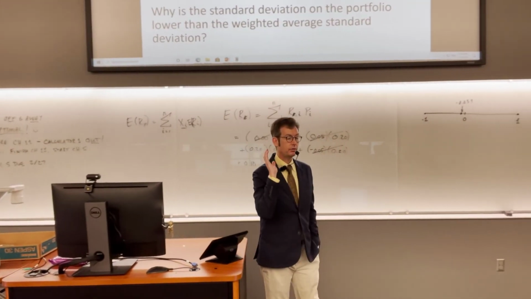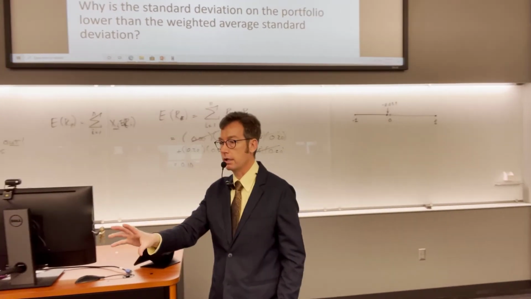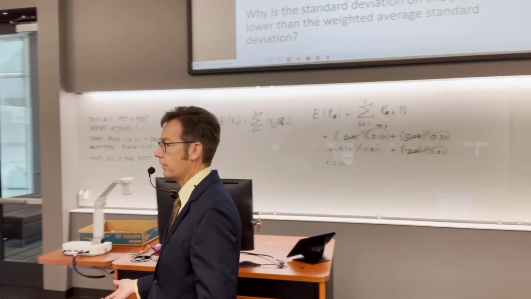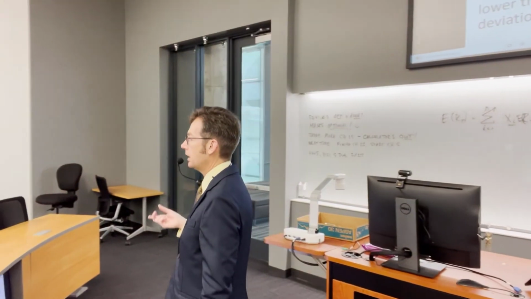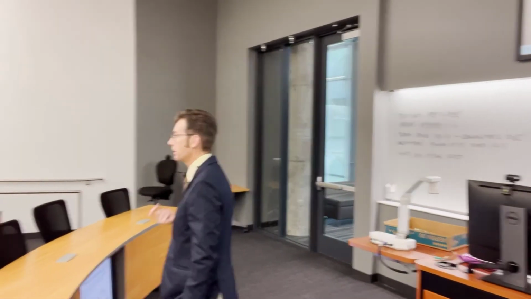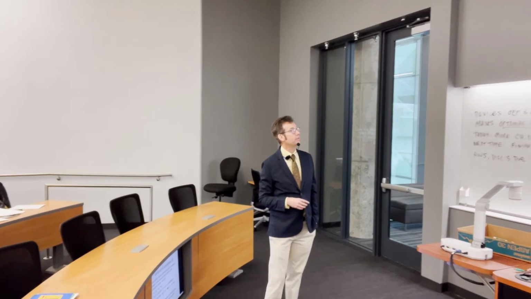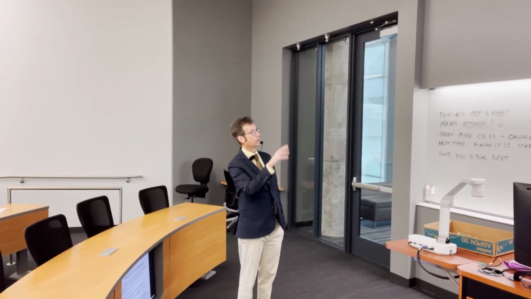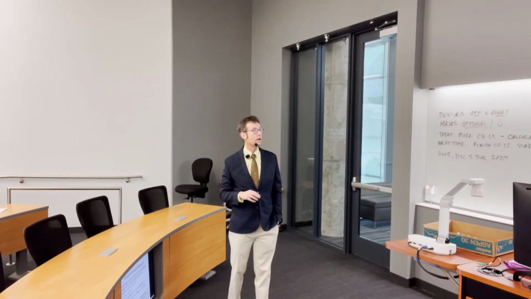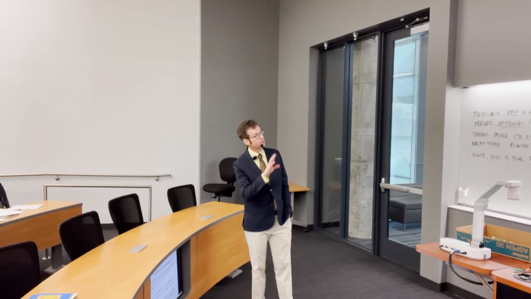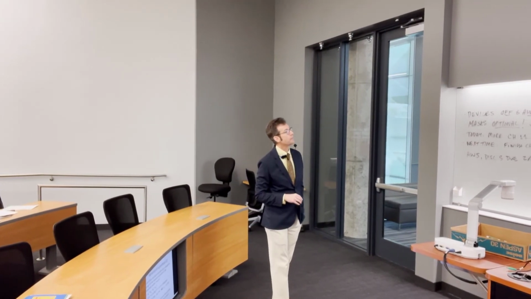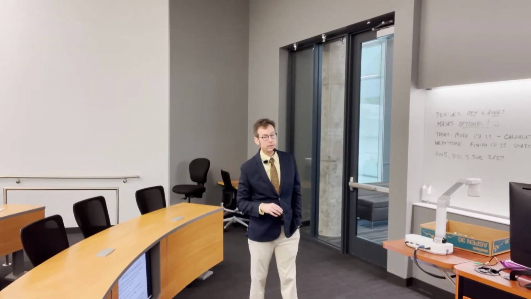Now, the question is, wait a minute, the return on a portfolio was just the weighted average. Couldn't we just do the weighted average of the standard deviations of the items in the portfolio and come out with the same number? Well, let's give that a shot. We could take 0.6 times the standard deviation of A, which was that long number there, plus 0.4 times the standard deviation of B, which is that long number there. And when we put that together, we get